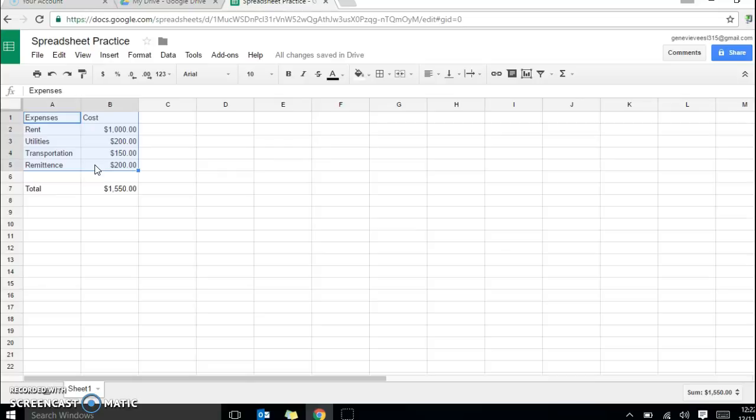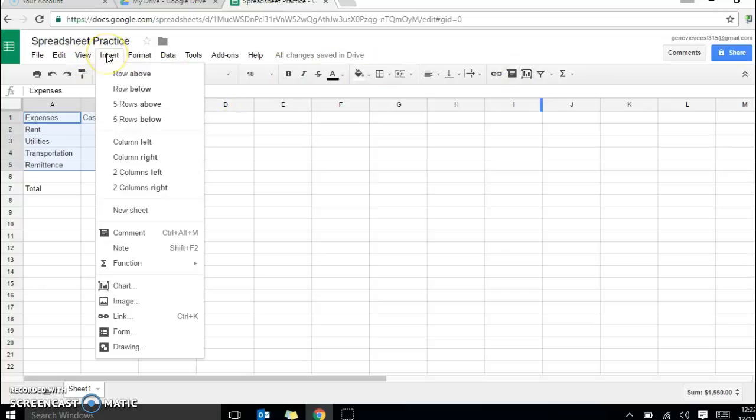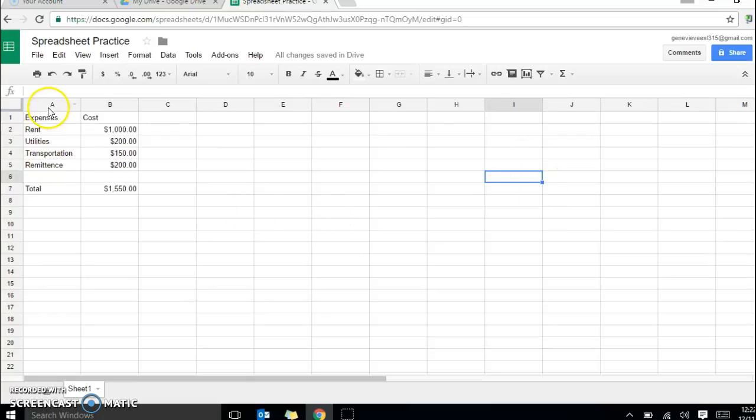Now, there are two places to click Insert Chart. Here, there's a little image of a chart. I can click here, or I can go to where it says Insert and find Chart and click Insert Chart. I prefer to click the image on the toolbar. So I click Insert Chart,